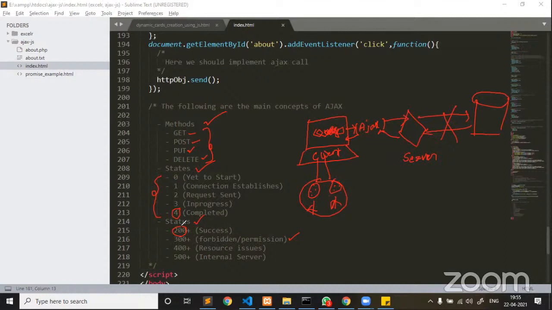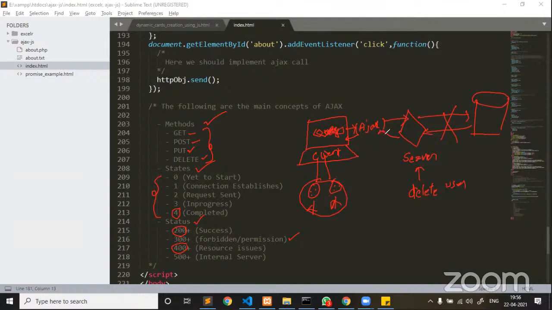Now, if you ask me the difference between 400 and 500, listen. 400 is resource not found. Resource not found in the sense, for example, you are looking for a delete user function. Think of a delete user function which is there in a server.